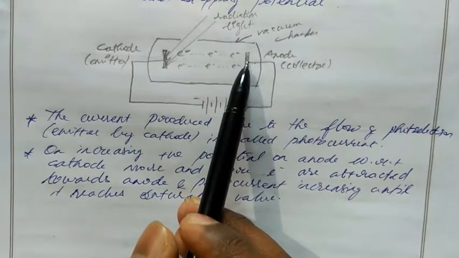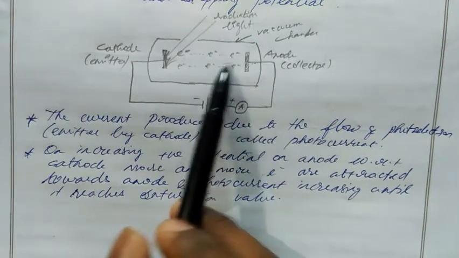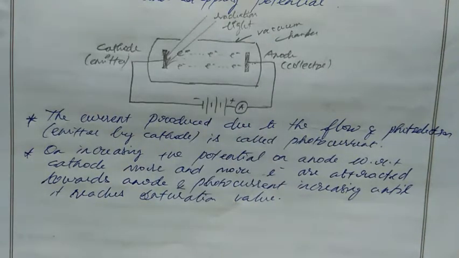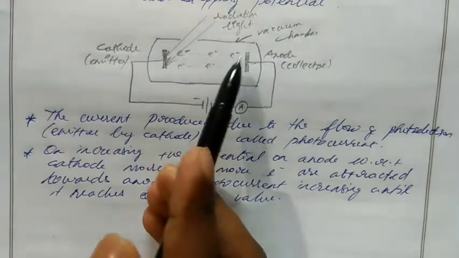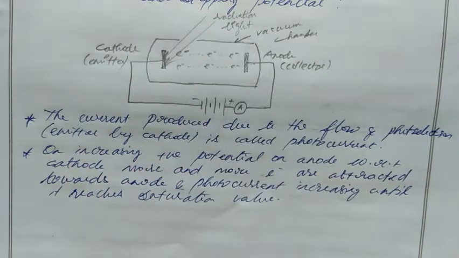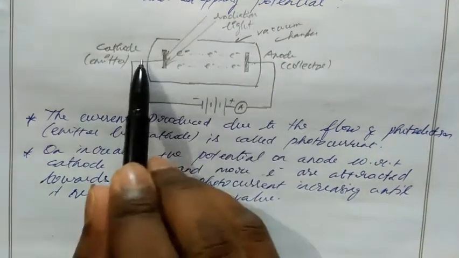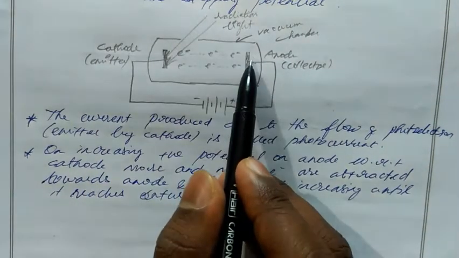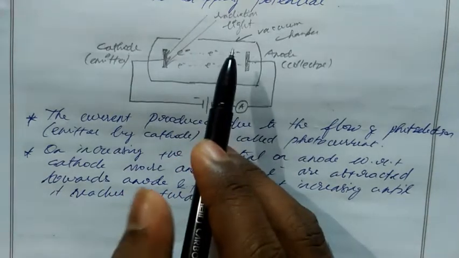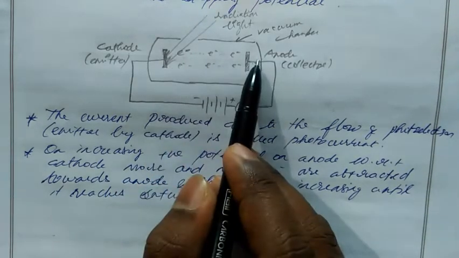Okay, negative plate, then here also we have electrons. Now this anode repels all the electrons. So when electrons are repelled, what will happen? The current will reduce, correct? So initially we got photocurrent because of flow of electrons from cathode to anode. Now this anode starts to repel the electrons. So because of repulsion, electrons cannot reach the anode.